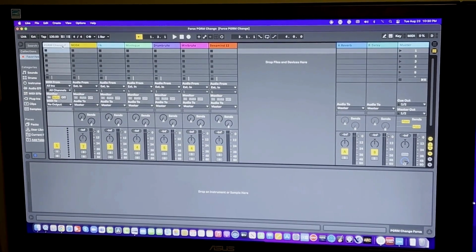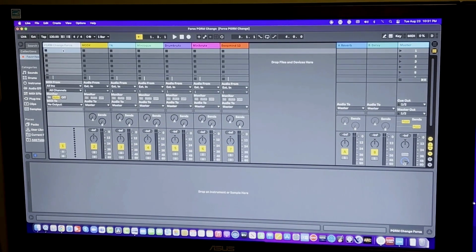This is the third template, and it's a little bit more tricky to explain because it's still kind of in a concept stage of something I'm thinking of. This thing right here where it says program change for the Force. When I change or launch a row on the Akai Force, it also launches a program change which changes the scenes on the Machine. So basically what this would allow me to do is use the native Machine Plus equipment